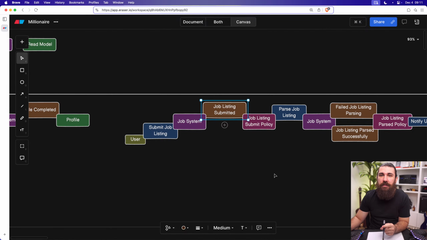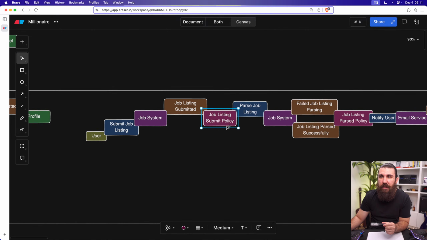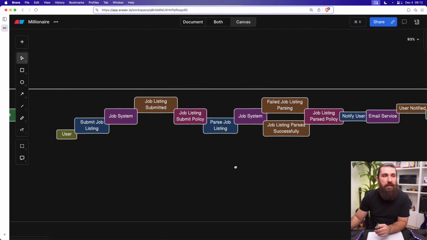The job listing event gets fired up, and then there's a policy in place, and a policy is basically what happens after a specific event gets fired up, right? So once this event gets fired up, the policy will trigger the parse job listing command. This is a command. Maybe I should have put it at the same level as this command. So yeah, the policy triggers the parse job listing command, which will just visit the URL, scrape the